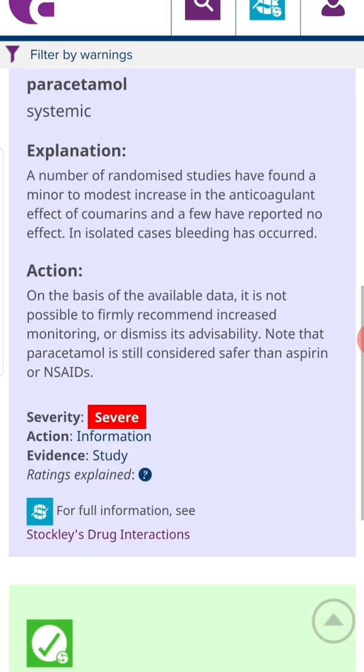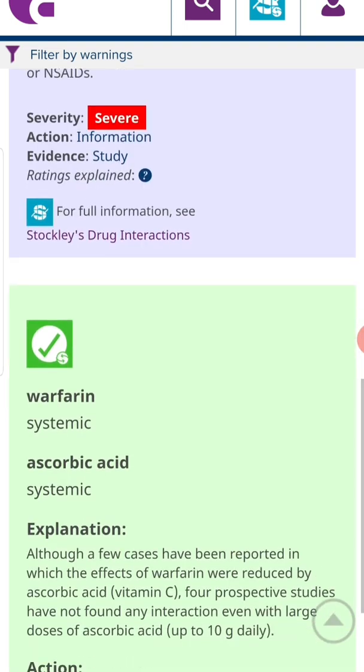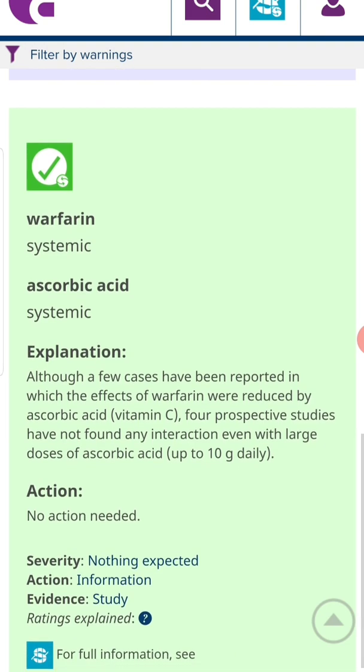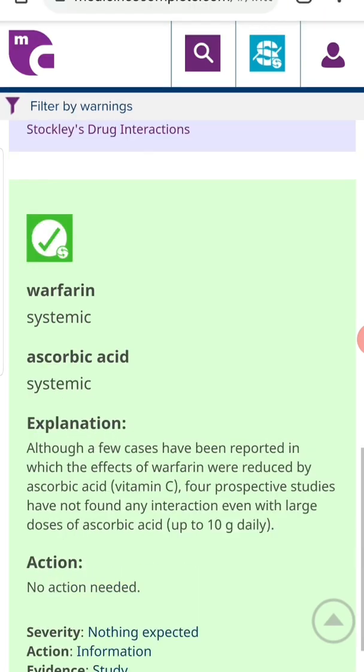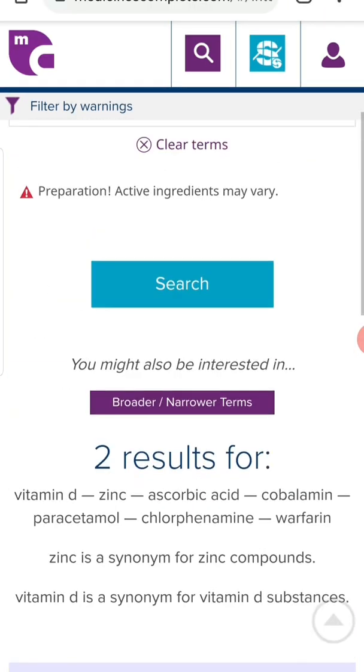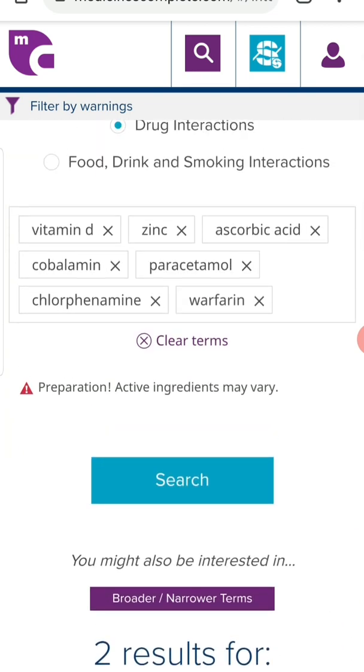So there is a severe interaction over here, and there is another minor reaction, where with warfarin the effects of ascorbic acid will be reduced. So these are some minor and major side effects observed with warfarin. So as an anticoagulant, warfarin doesn't fit here.